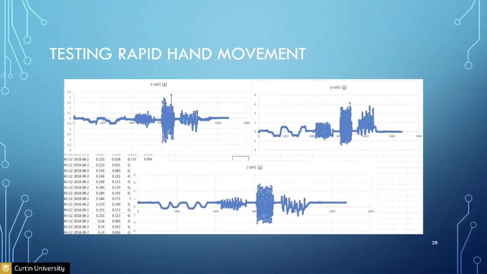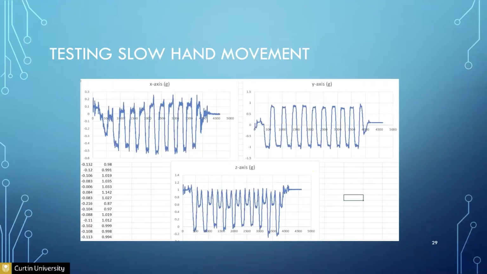Another example here, this is just from a diagram. This is from a commercial IMU device. We're just doing some tests, which I thought might be interesting to have a look at. It's just one sensor connected to the back of the hand, and first slowly moving my hand, then more rapidly moving my hand to find out what's the maximum G that would affect my acceleration. So I can set up my scale. And again, something with slightly slower movement, slower sample rate. And as you can see, in the x-axis and z-axis, we are already seeing